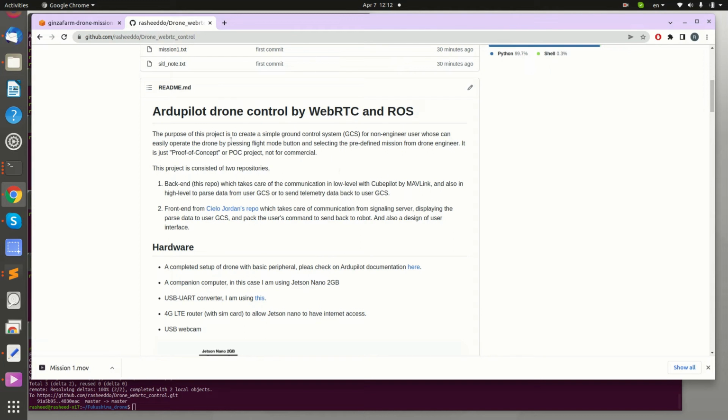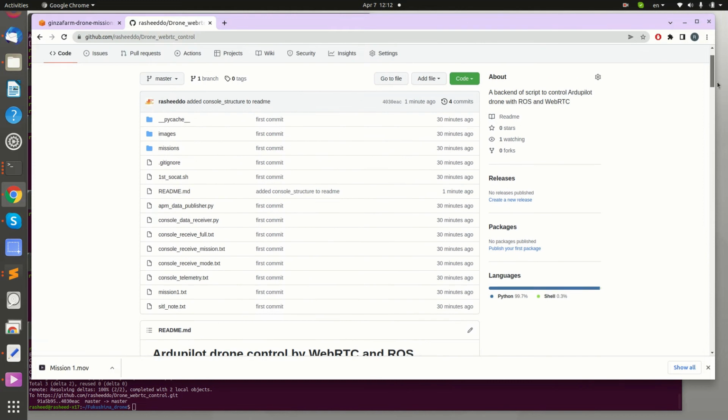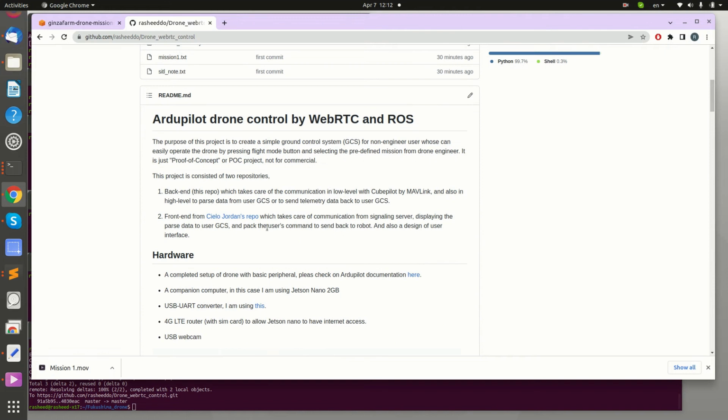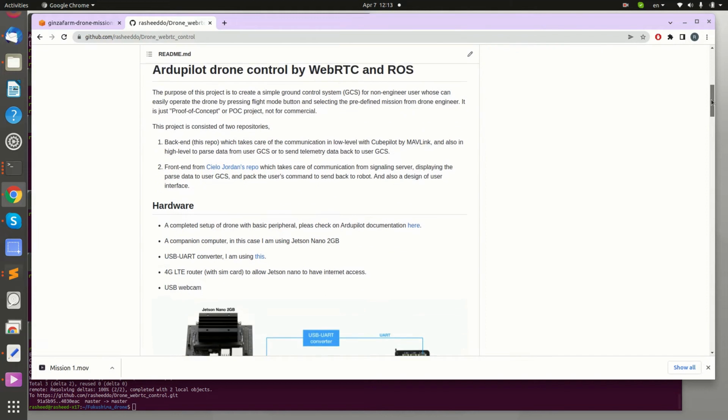The drone that we are using is running ArduPilot and it's a Cube Orange. The repo that I'm showing to you now is one part of the back end of the project. The other repo is the front end, which includes the design of the user interface and the JavaScript and the HTML. So for this project,